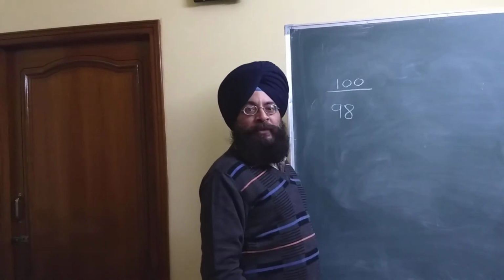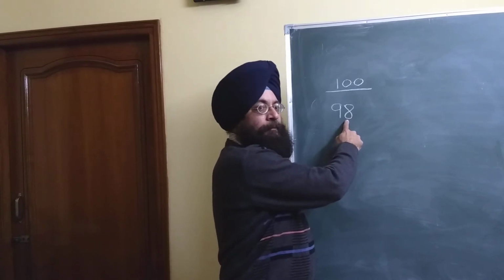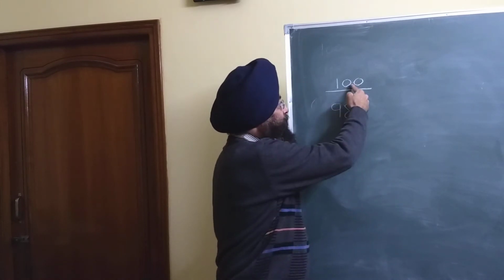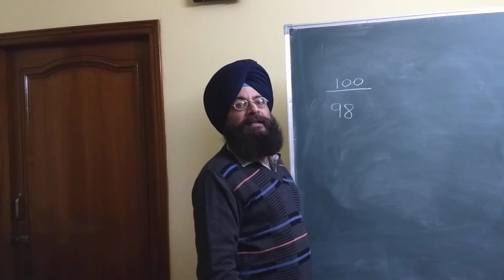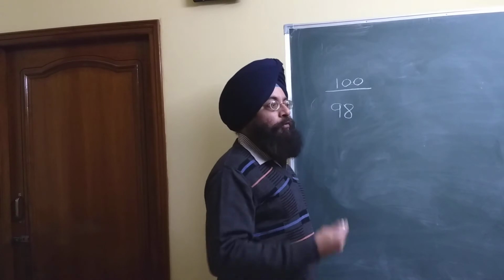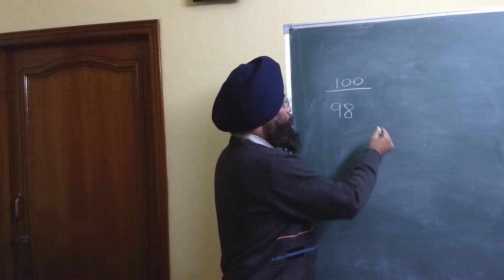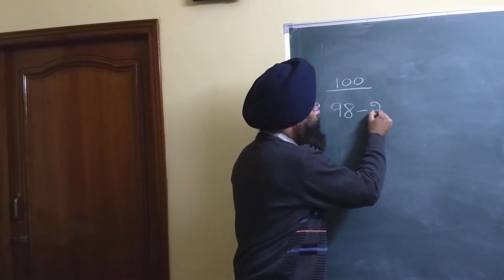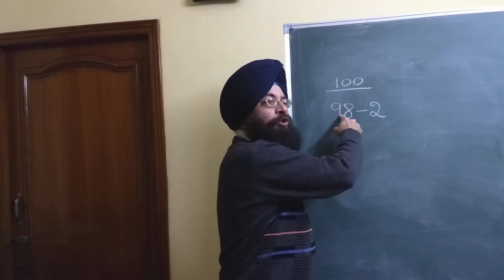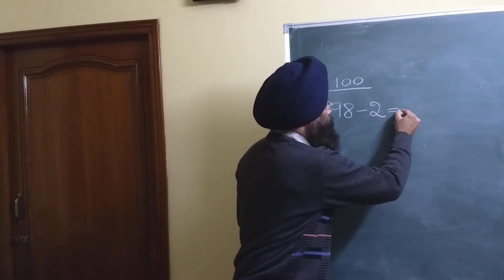In this process, the first step is to observe the number whose square you want to find and see by how much our number is less than 100. In this case, 98 is less than 100 by 2. So we will further reduce that number by the same amount. Since 98 is 2 less than 100, we are further reducing 98 by the same amount, that is 2, so we'll obtain